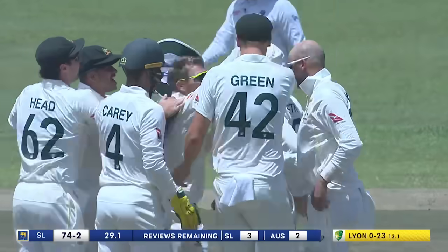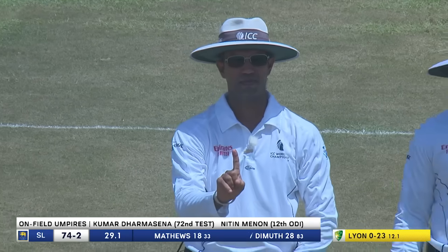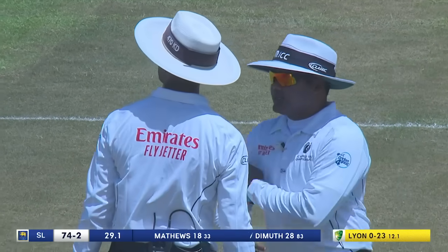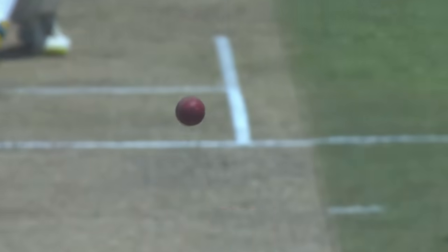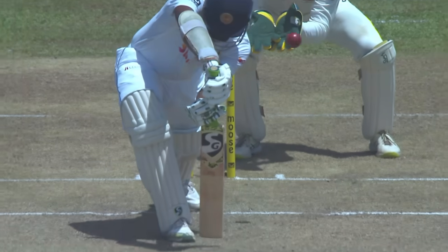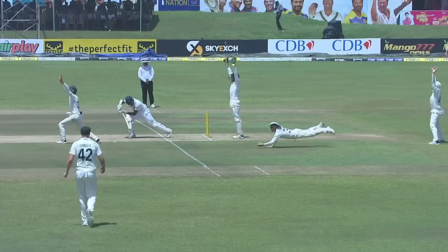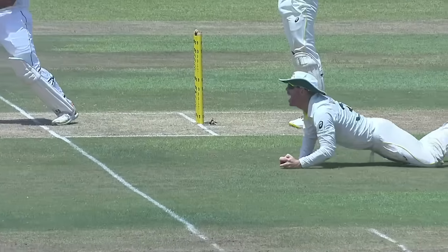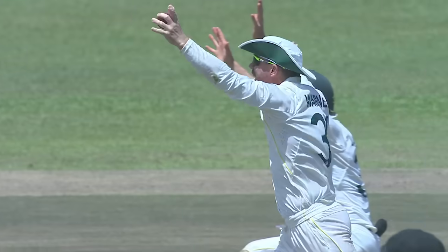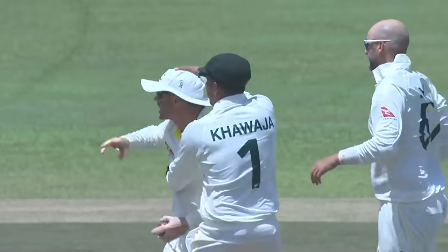Yeah, Dharmasena wants to have a word. Dharmasena, fair, thinks catch, yes. Soft signal out. TV umpire, director, umpire refer for a fair catch. Roll it forward. Okay, satisfied, taken the catch cleanly. I'm ready to make my decision. My decision for the big screen is